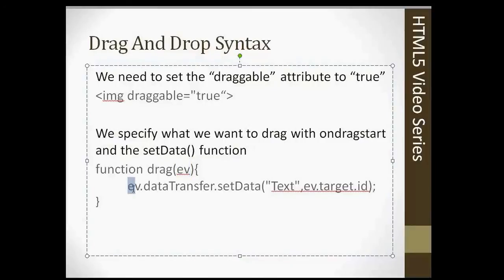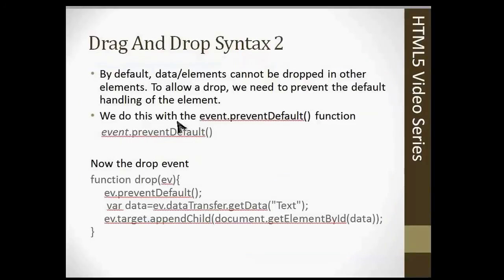And then we have the ev.dataTransfer.setData method, which sets the data type and the value of the drag data. So this would be the value of the drag data, and the type is text. All right, so that brings us to the next part of the code, which is